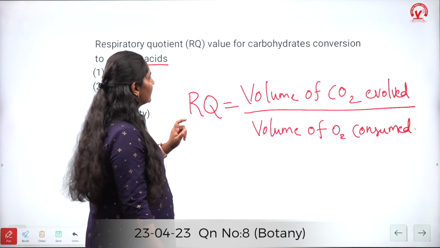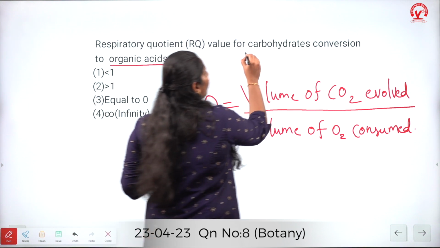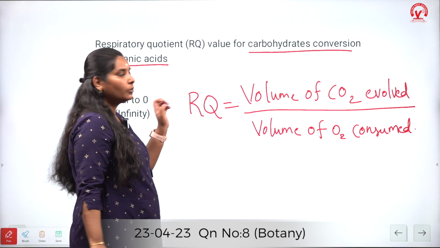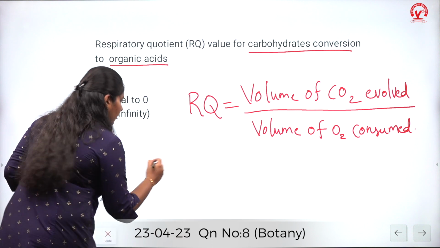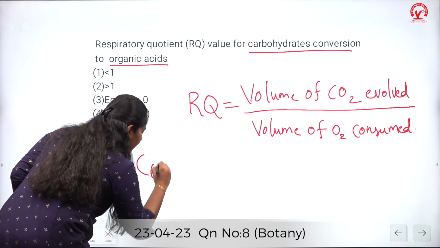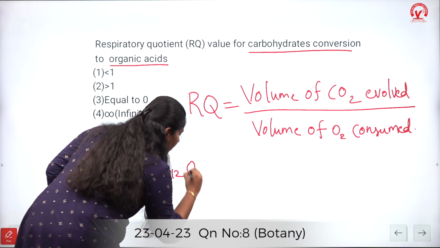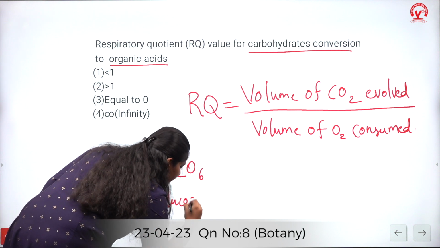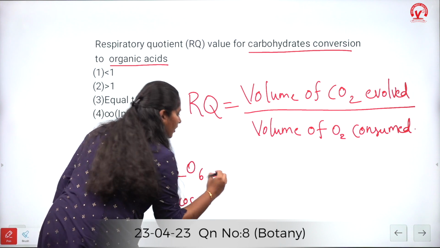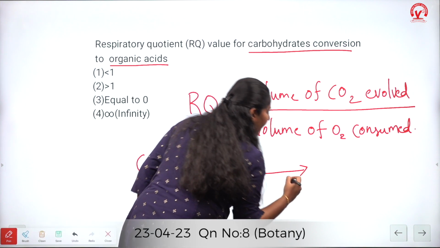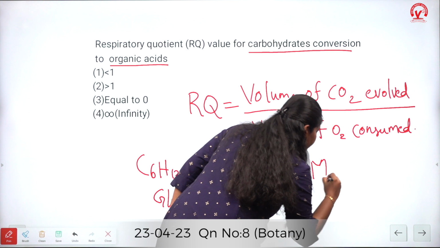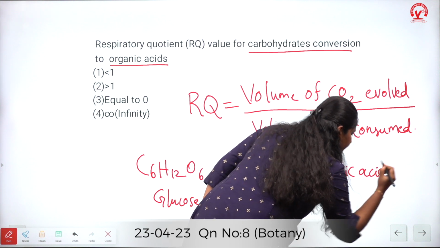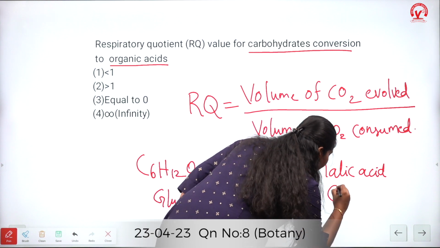Here the question asked is the RQ value for carbohydrate conversion into organic acid. So first we need to write the equation. First the carbohydrate here is C6H12O6, which is glucose, which gets converted into organic acid, that is malic acid. The formula for malic acid is